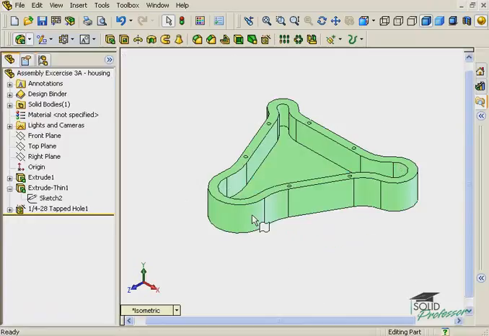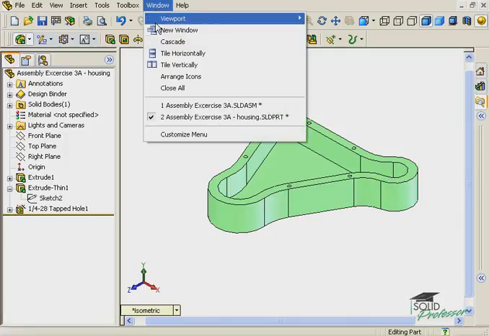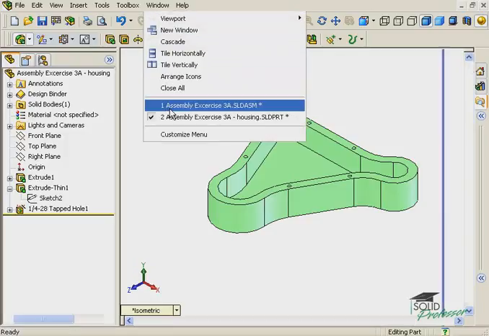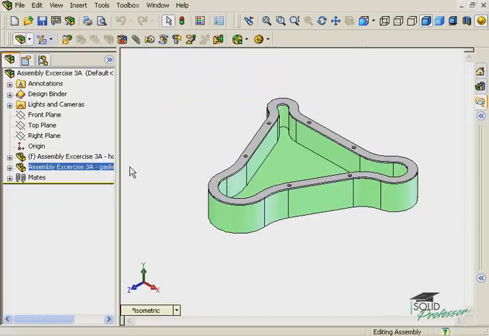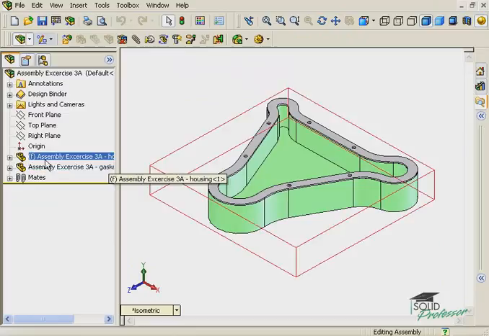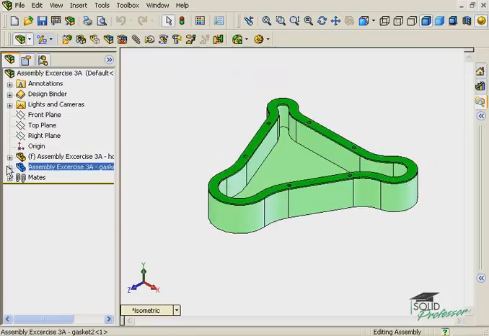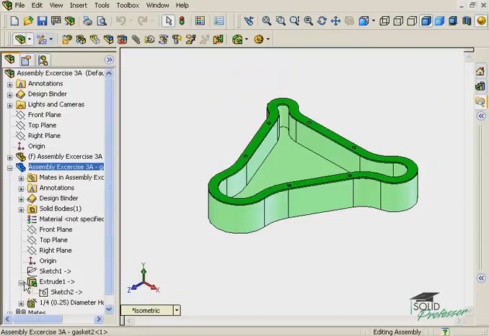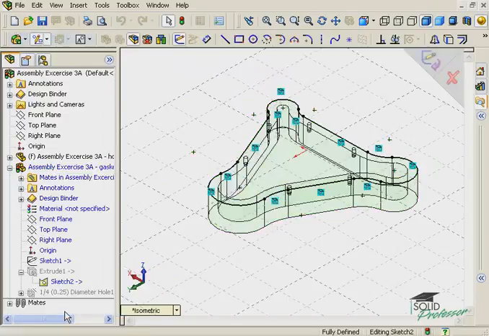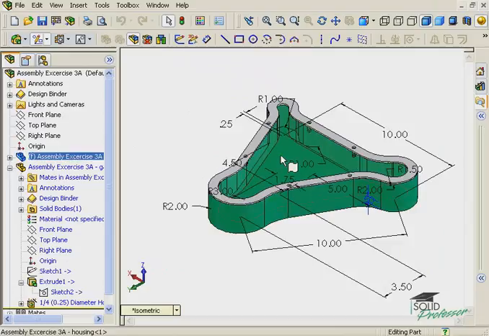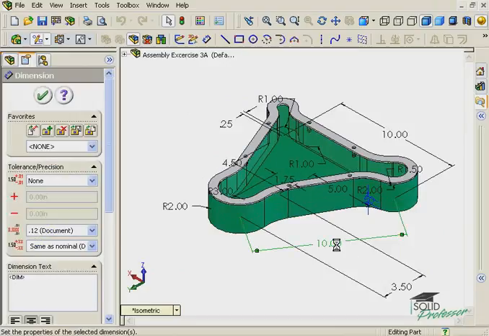This concept of borrowing information from one feature and using that information to define another feature can be extended to the assembly level, where it is called top-down design. Here, the sketch used to create this gasket is created by using the same Convert Entities command we just saw at the part level, except here I'm borrowing information from an entirely different component in the assembly. By doing this, I can be sure that if a change is made to this housing, the corresponding gasket will